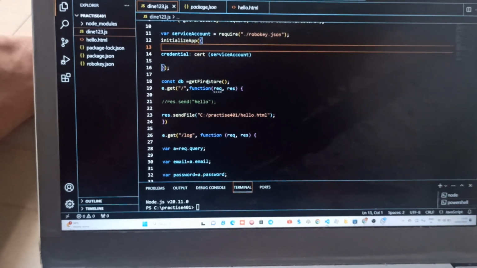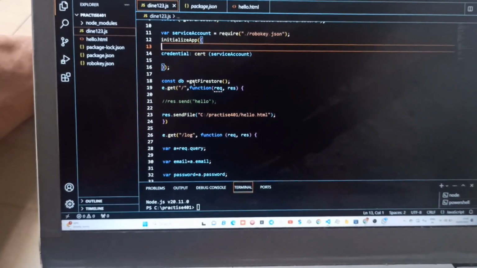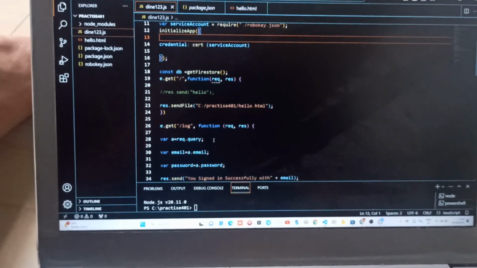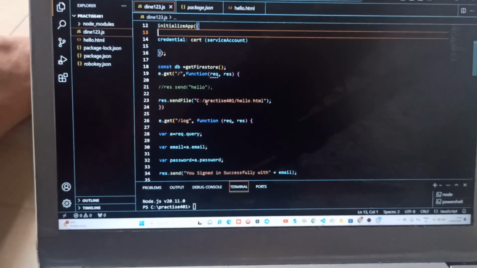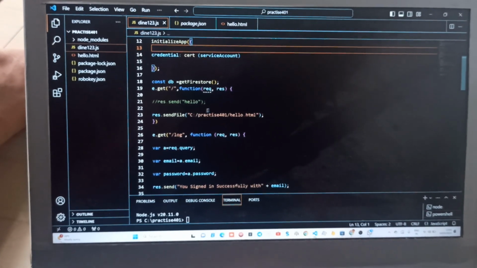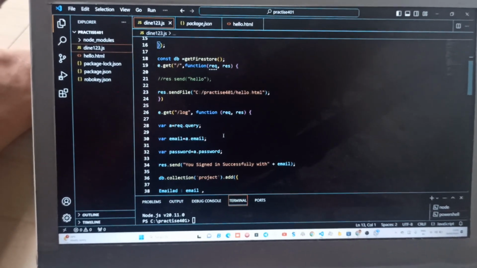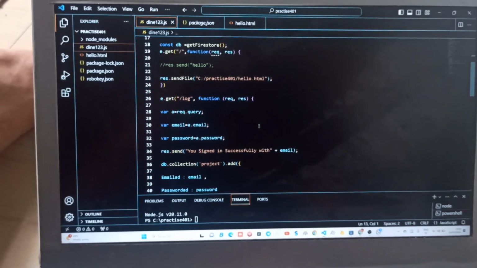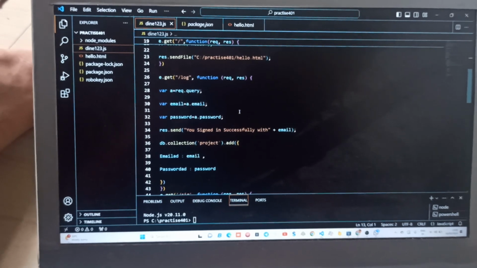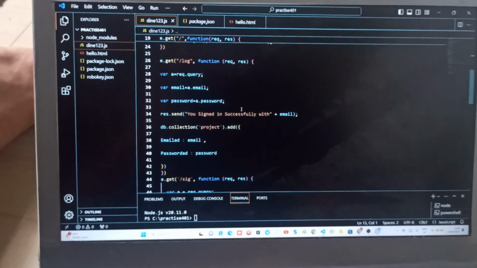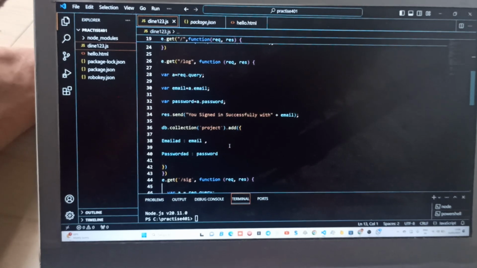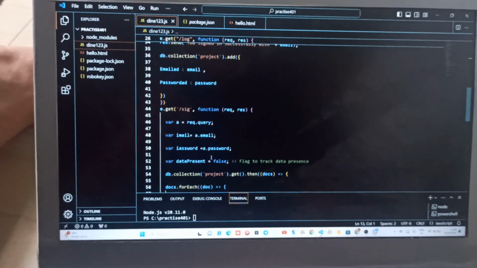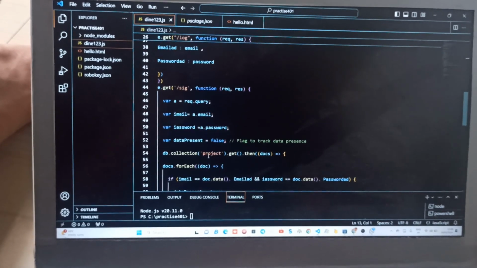Then I created the files collection to store data in Firestore. This is the path of my folder to access the users. Then I created the login route, and here email and password are given. I will show the output of my code so you can understand. And I gave another route, namely the sign in route, and in this also I gave email and password.